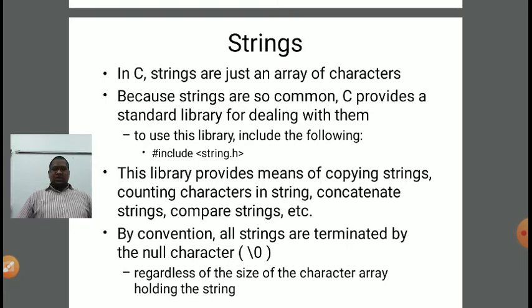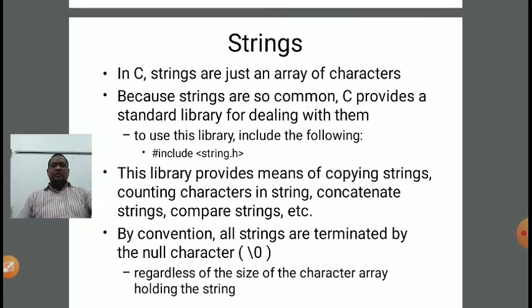Now in C programming, the first element of a string starts from index 0, and there is no last index type of concept. There is one default last character, called backslash 0, or we can say the null character. The null character indicates the end of the string.